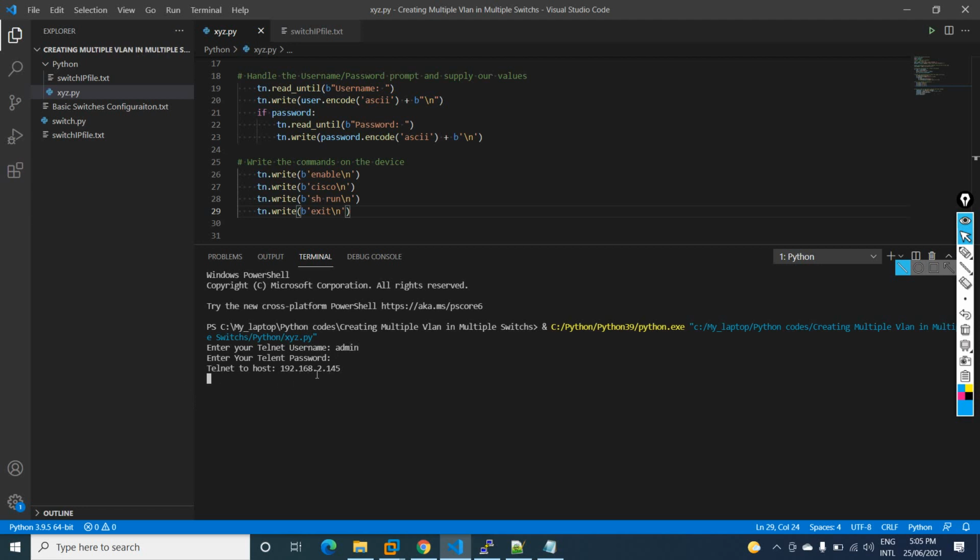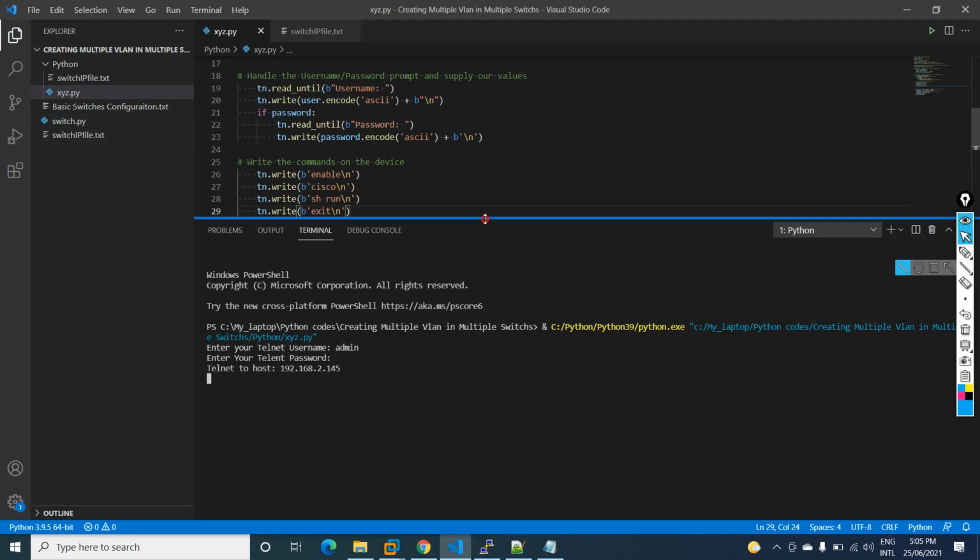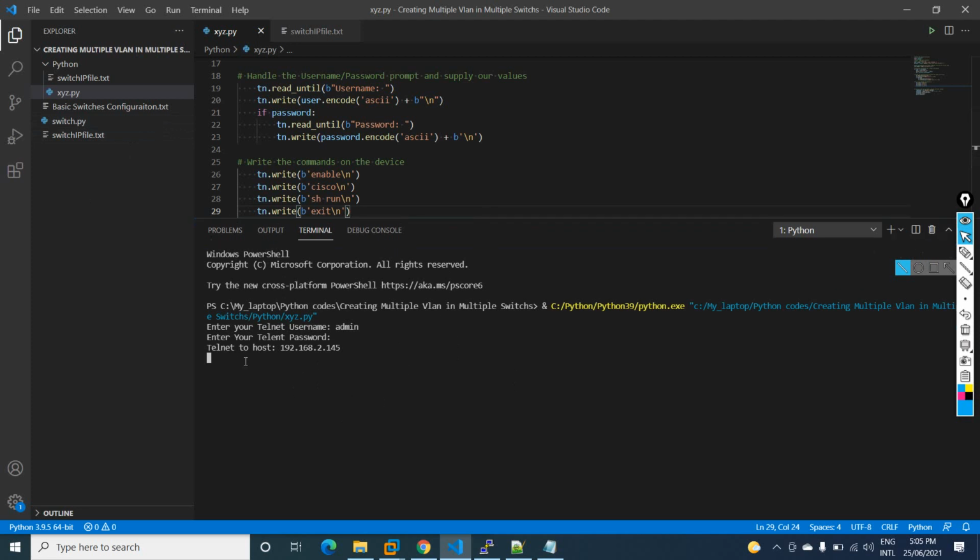So when I write here, it is telnetting the device 192.168.2.145. After that it is going to enable and then write show run, and it is going to take that and create another new file here, and store it in that one. So let's see, it is taking time. It will take some time in a real scenario also. It is telnetting this one. We will wait and we will check.